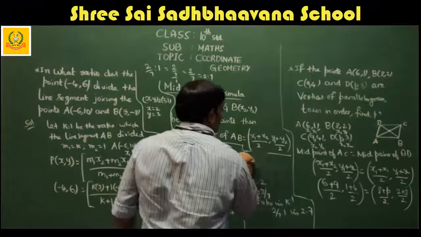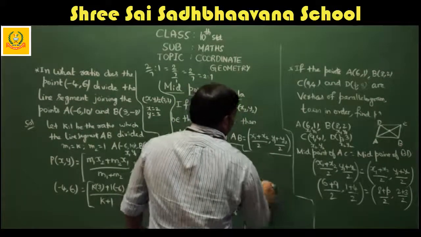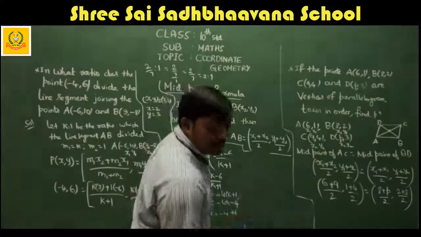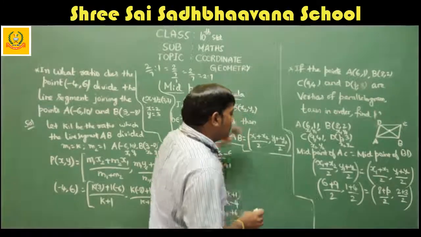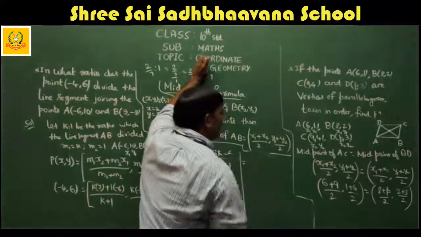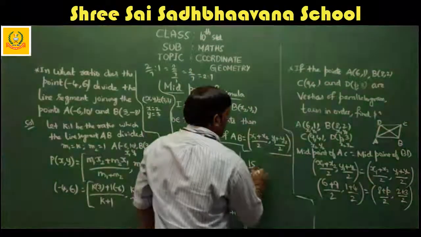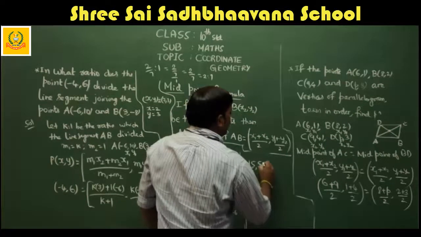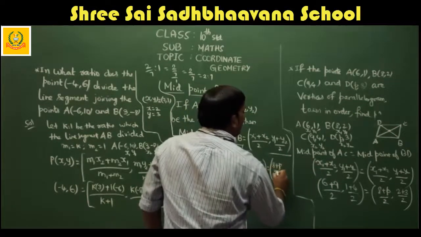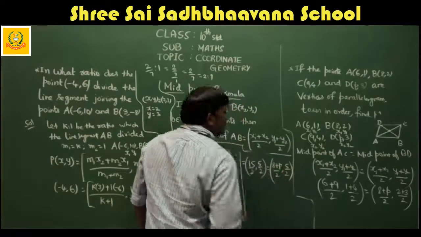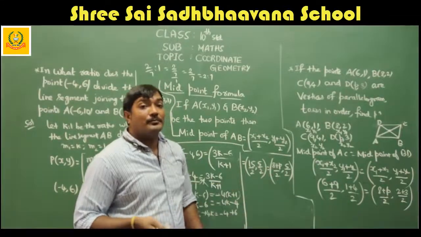Hope you do this. Already written because of, I explained here, because of no space, so that's the reason I'm doing here. So 6 plus 9, how much? Continuation of that. 6 plus 9, how much? 15, correct? So 15 by 2, comma, 5 by 2. 4 plus 1 is 5 by 2, which is equal to 8 plus p by 2, comma, 5 by 2. One thing you observe, here we got 5 by 2, here also we got 5 by 2.